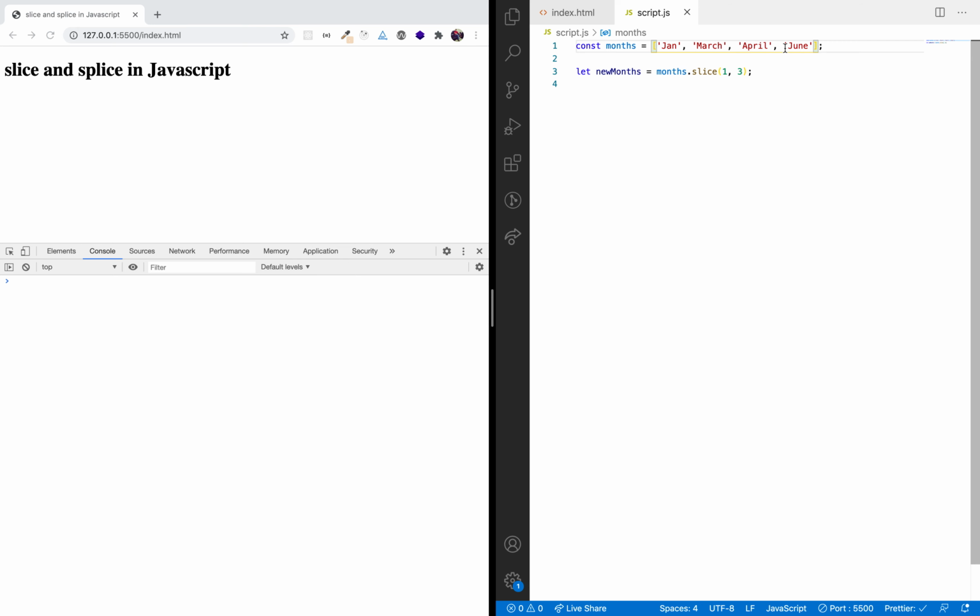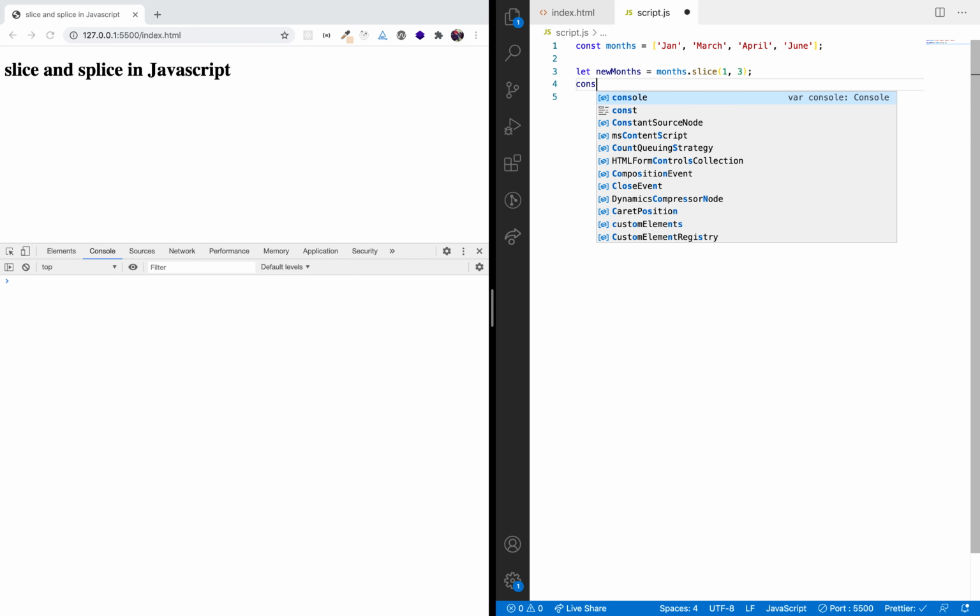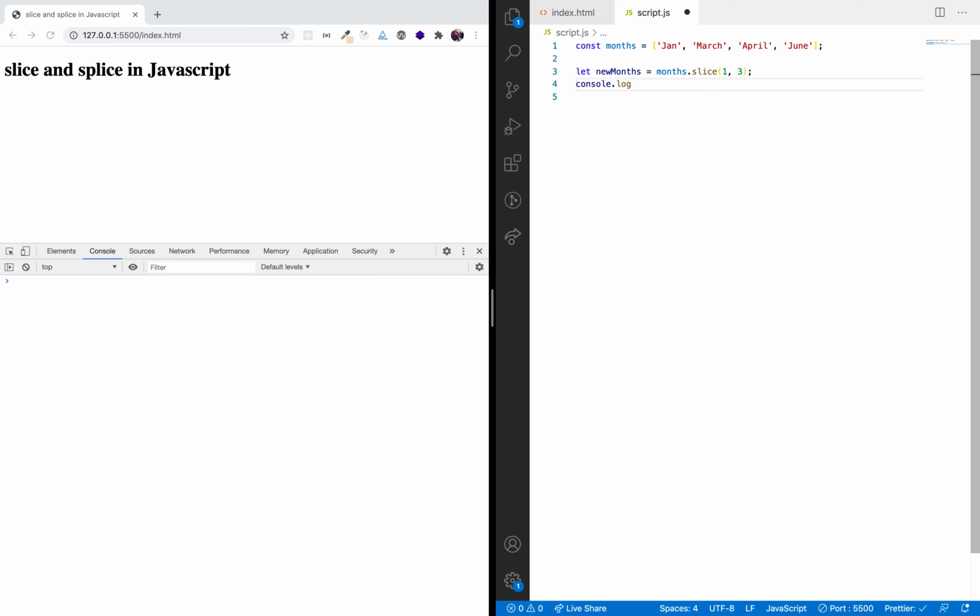So 3 will not be included; the last value is always excluded, it will just go up to that index. Let's console this new variable, new months, and see. We get March and April. So it gives us a slice from an array. So yeah, this is the slice method.